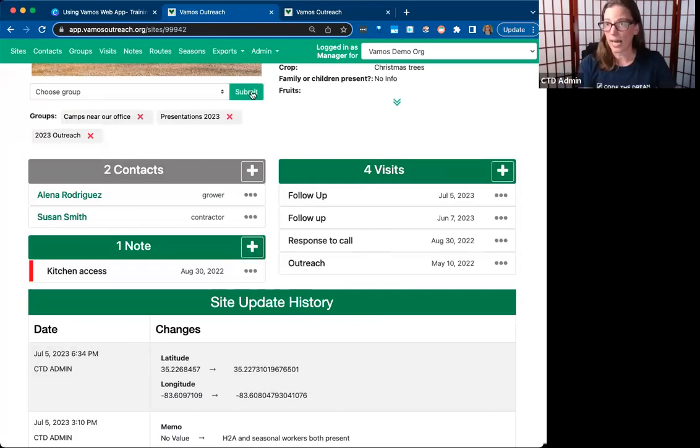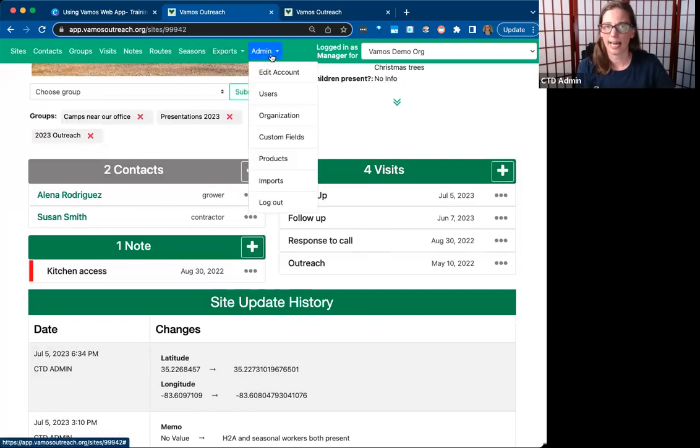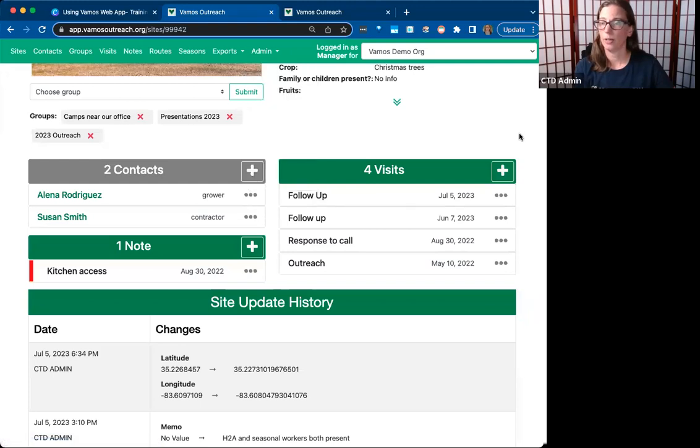If you do want to add custom fields, again, you'll be going to the admin panel, choosing custom fields, and then you'll choose visit. And that's where you can put in whatever data that you want to collect. You can put in those questions right in there. And there will be another training about that. I wanted to emphasize